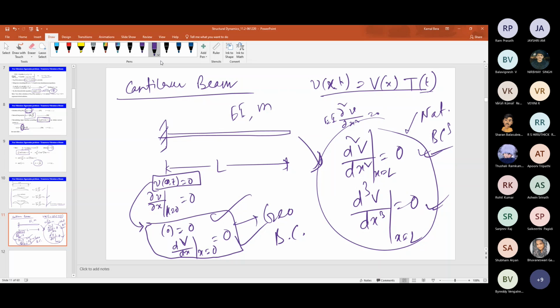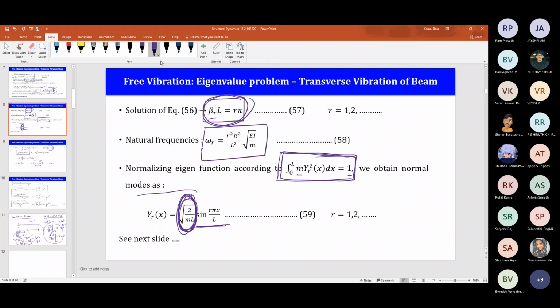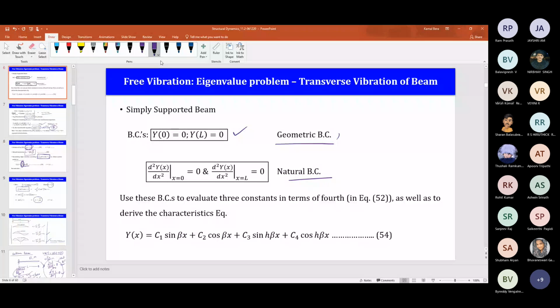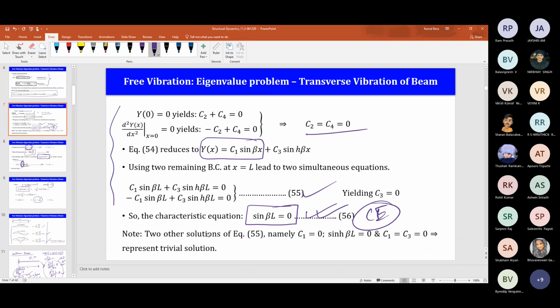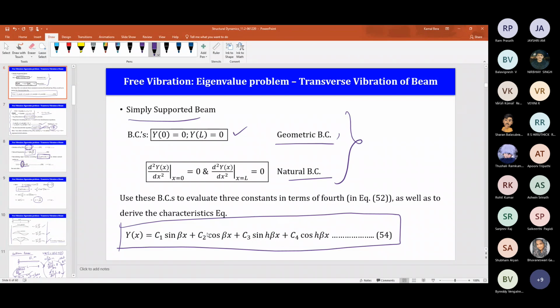So now we'll go back to our expression for V. Let us go back. So you see this equation, right? This equation number 54 is coming from our eigenvalue problem. Then we will apply the boundary conditions like we did last time for the simply supported beam. For the simply supported beam, these are the four boundary conditions we applied to find out the characteristic equation. The same thing we are doing here. So this is equally applicable. This is standard, coming from the eigenvalue problem.